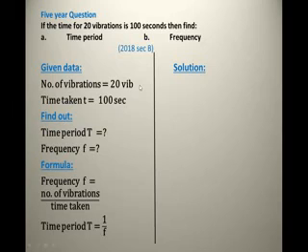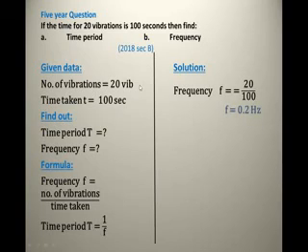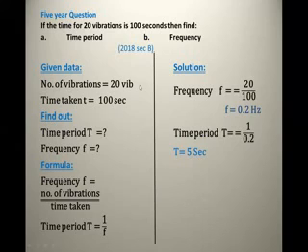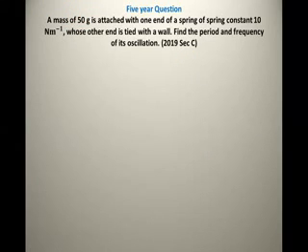Yes, Izhan? Yes, ma'am. Now I'm putting the values in it. 20 over 100, the answer is 1 over 5. When we further solve it, 0.2 hertz. Then tell me further what I'm doing in the next step. 1 over 0.2. Yes, exactly. The reason is that our answer of frequency is 0.2. That's why we are putting 1 by 0.2 and the final answer is 5 seconds. That's it. Izhan, is there any problem in this question further? No, ma'am. Okay, but I want to continue with you in the next question.